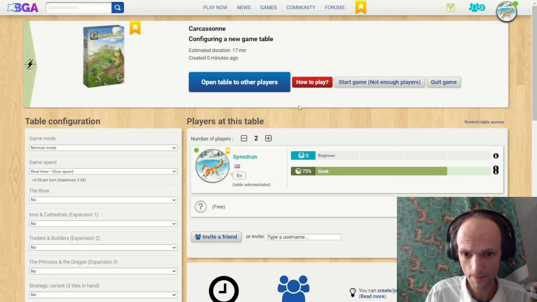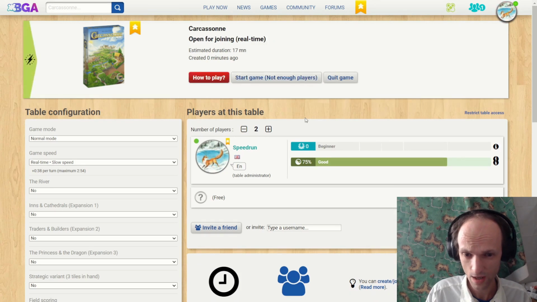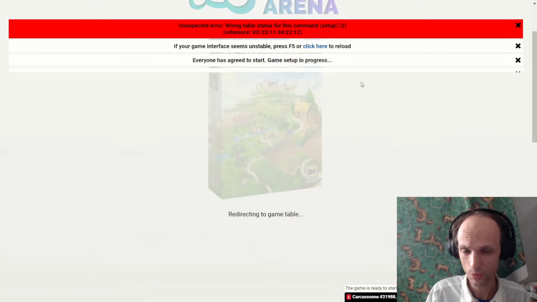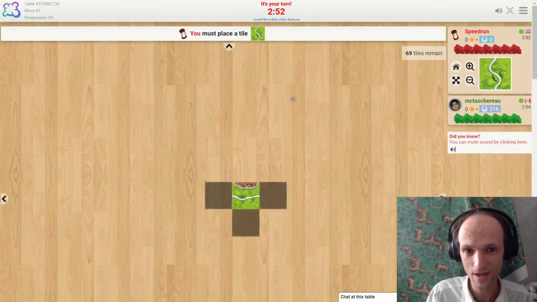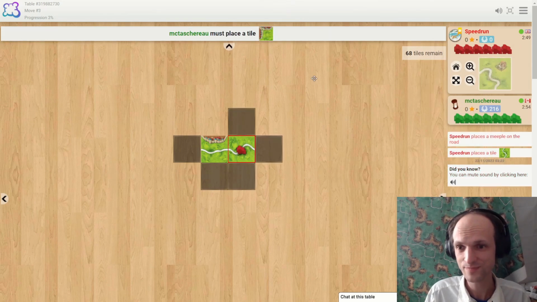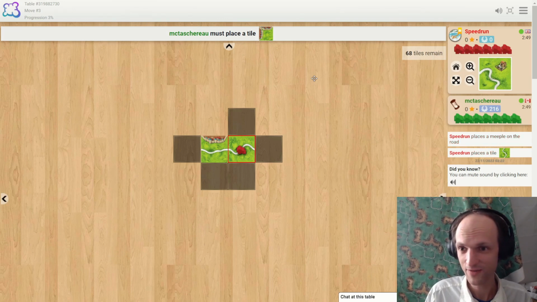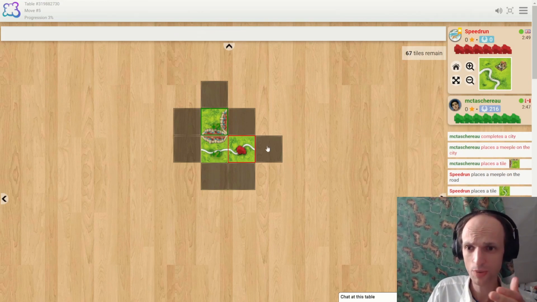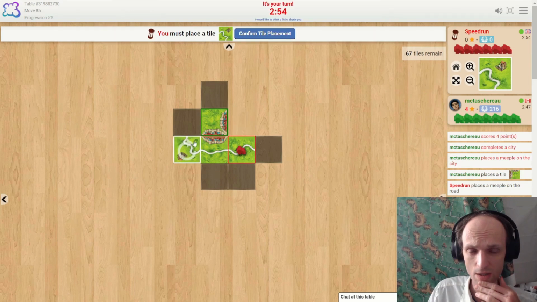So we're going to create a game. I haven't really changed anything about this. So I think if we create a game, then we should get paired up immediately, and somebody unsuspecting accepted our invitation. Yeah, so basically I'm just going to keep playing with this account up until I get to